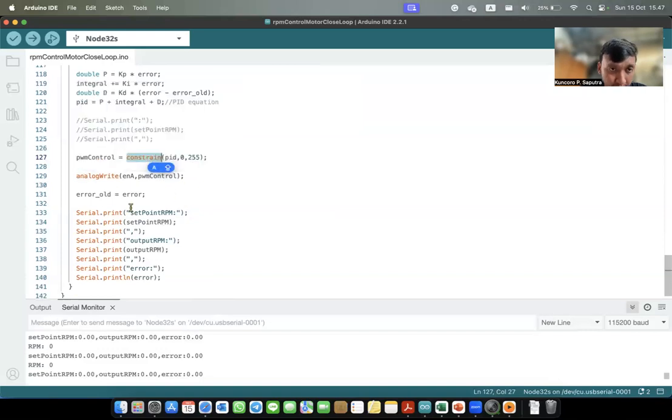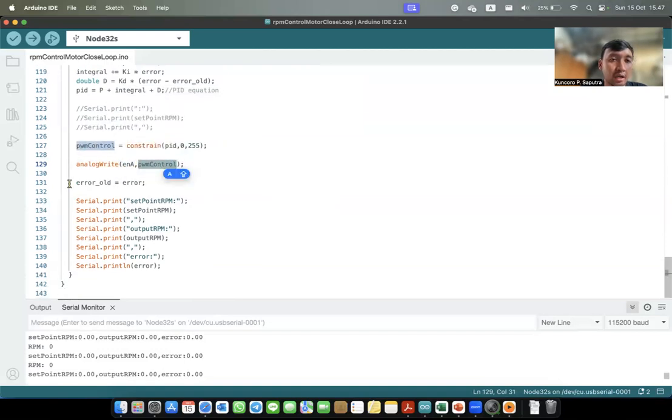After that, we set the PWM value on the ENA pin, which is a PWM pin, with the PWM control value. In the end, the old error is updated with the current error. So we can print the output to our serial monitor to know the motor response.